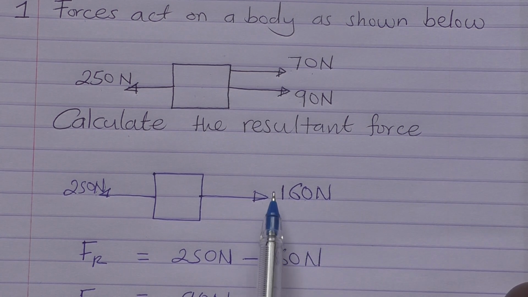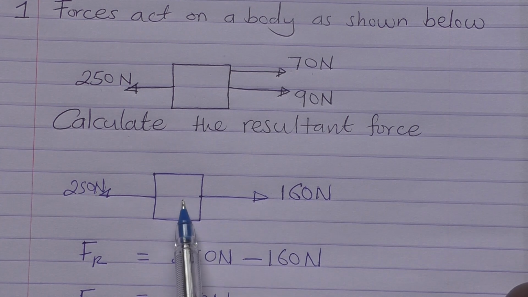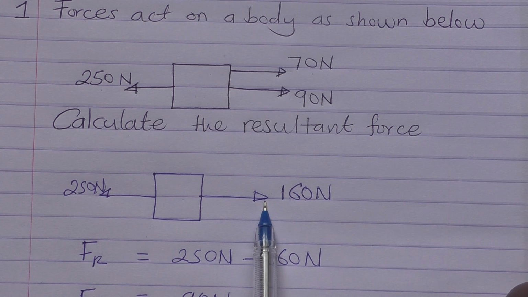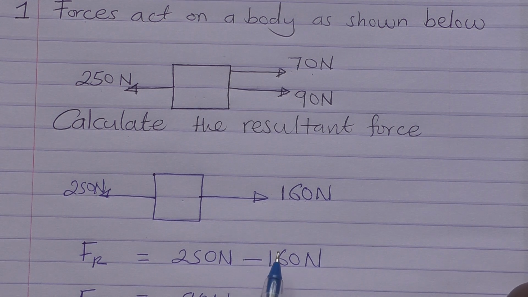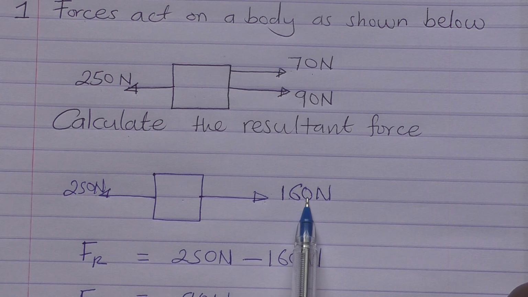And therefore we shall be remaining with the two forces which are acting on the same body but in opposite directions. That brings us to case 2, where we saw that when forces are acting on the body in opposite directions,